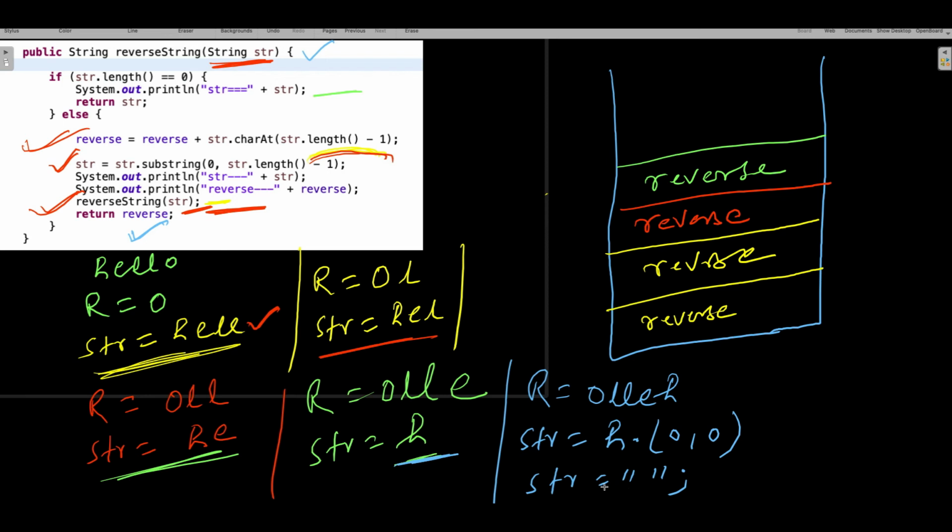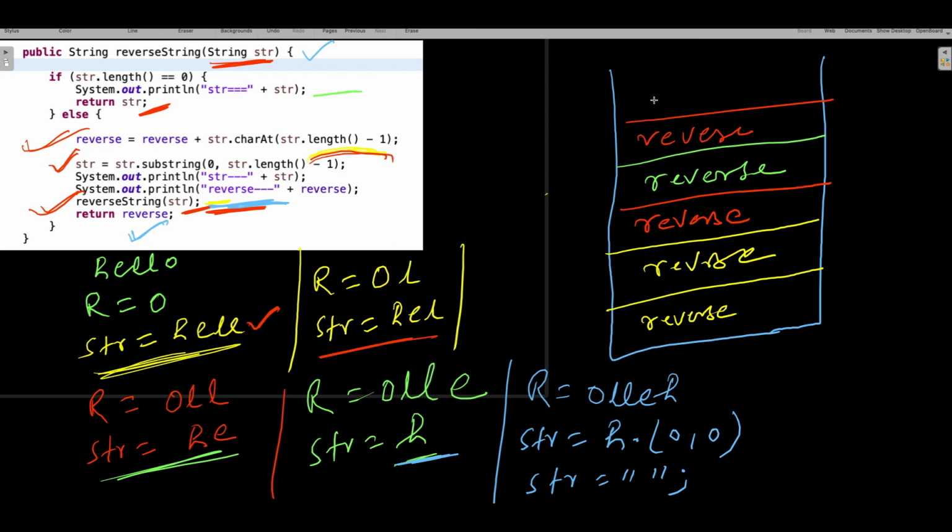Now what happens with the empty? This recursion call will happen with the empty. But before jumping to the recursion, first let's store the same reverse call here. So when you are calling with the empty, again this will get stored into the stack, because these lines are not executed, guys, because it's a recursion call. So when it went with the empty, now length becomes 0. When your length becomes 0, you are returning the str. And what is str? Empty. Now the moment you return the empty str, you know what will happen? The moment you are returning it, what will happen?